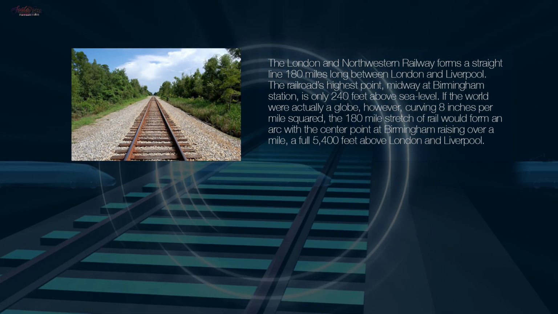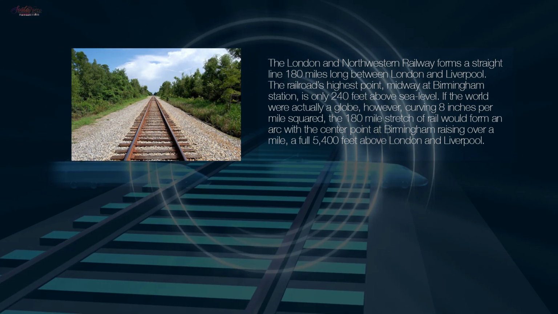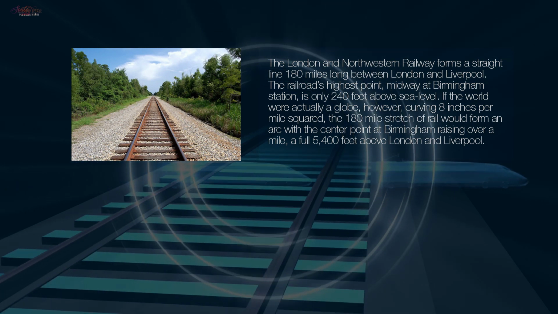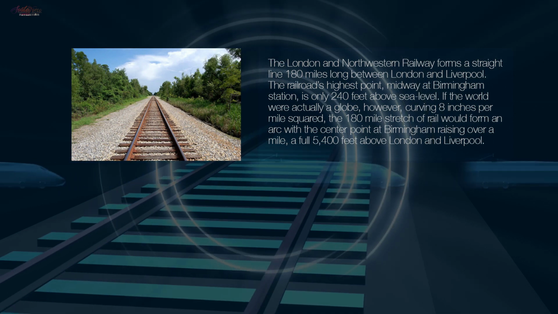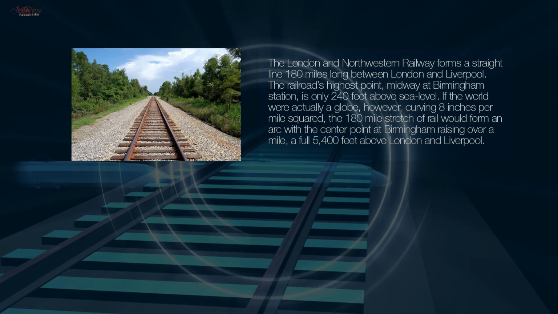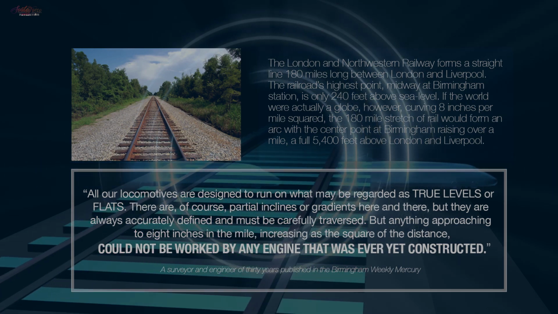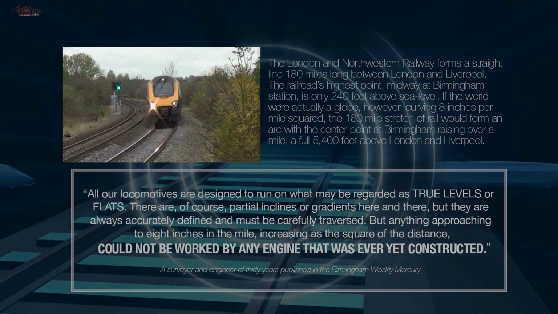If the world were actually a globe, however, curving 8 inches per mile squared, the 180-mile stretch of rail would form an arc with the center point at Birmingham raising over a mile, a full 5,400 feet above London and Liverpool. As a surveyor and engineer of 30 years published in the Birmingham Weekly Mercury said, all our locomotives are